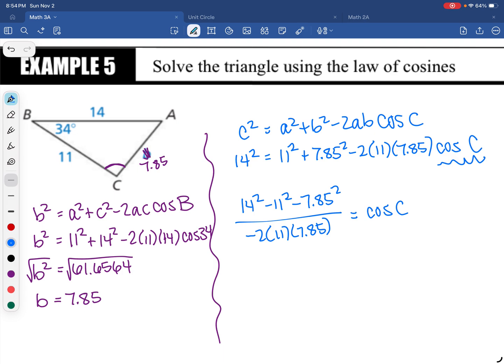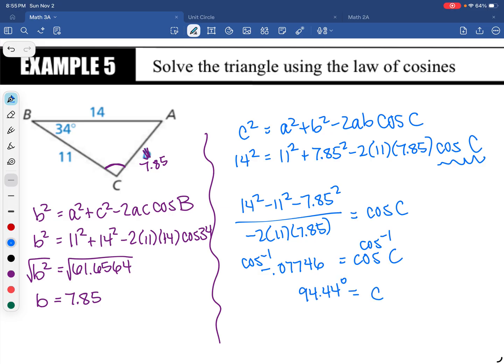It'll take 2 seconds to type it in. Okay, and then I got negative 0.07746-ish for cosine C. So we're going to arc cosine both sides. So cosine -1 of that previous stuff tells us that angle C is